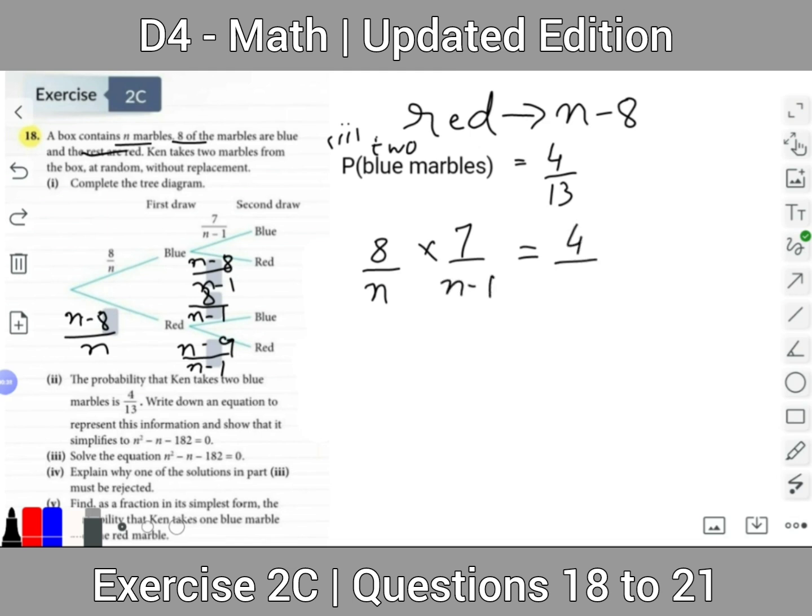Now we have 4 over 13, so 8 sevens are 56, multiplied by 13 is equal to 4 into n minus 1. Now we have 4 into n square minus n,